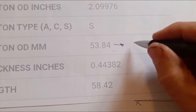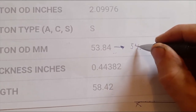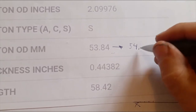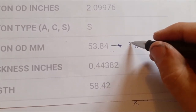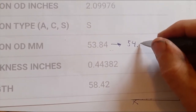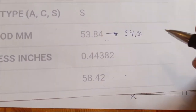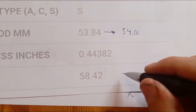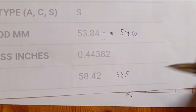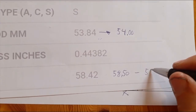Now the steel pistons that we put in there are 54 millimeters, or at least advertised as 54 millimeters. I think it's just below, but it's advertised as 54 millimeters. And the length of the piston, there are some variations here, but you do get one which is 58.5, which is very close to this dimension. The one I put in there is actually 59,